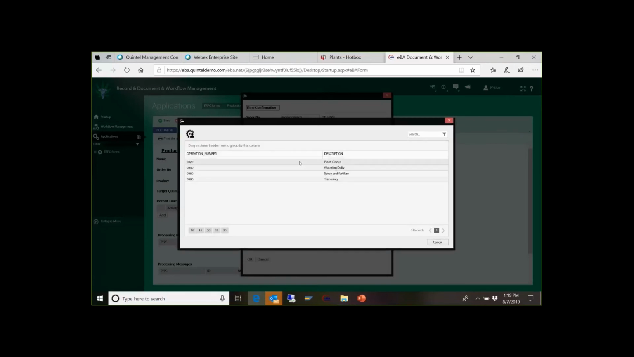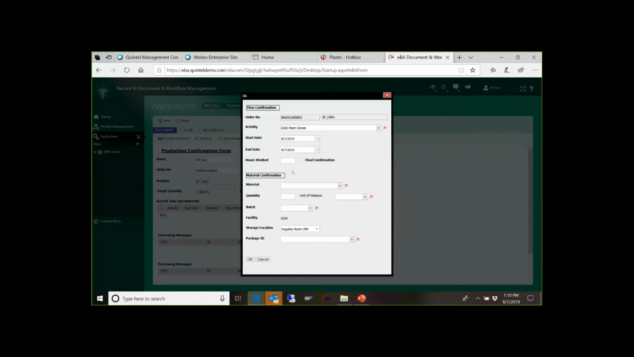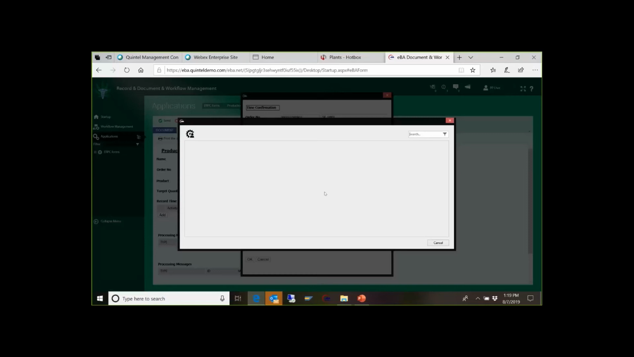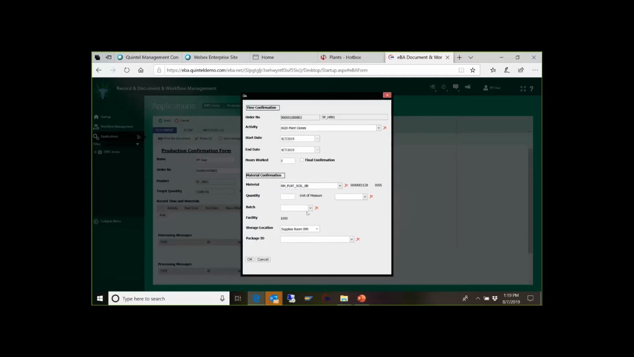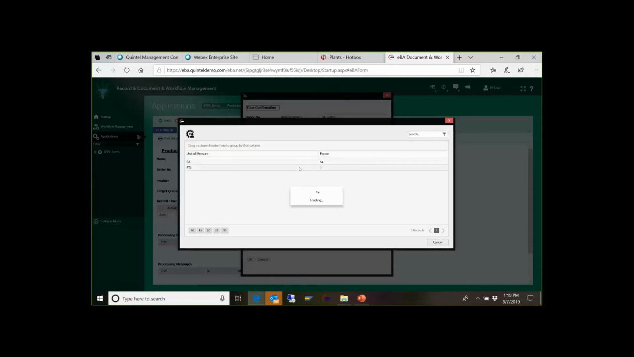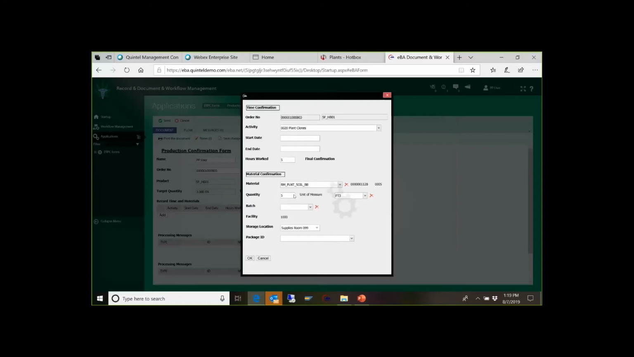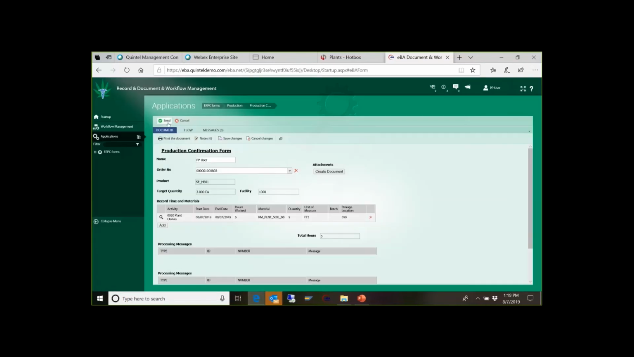I may, for example, have planted clones, and it took me 5 hours to do that, and I may have used materials such as soil to be able to do that. So it's going to come up, give me the option to select a particular type of material that may have been used and put in the quantity and the unit of measure. I can also specify the batch if that's needed. In this case, it's not, and then go ahead and add that. So now I put in my confirmation for activity against that particular process order,